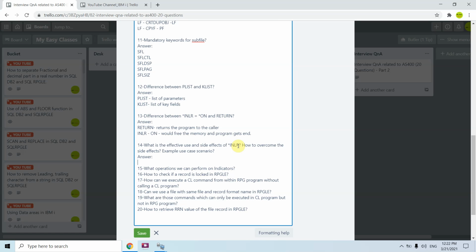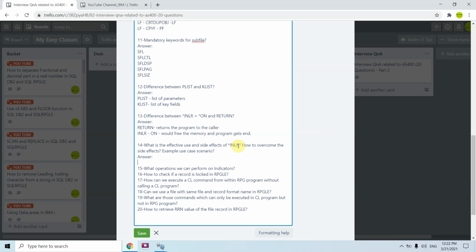Now in case of activation groups, instead of using INLR on, we can shut down the activation group. Shut down means we can reclaim the activation group. That will end all the programs which are running in that activation group, so you don't need to explicitly close or end all the programs.